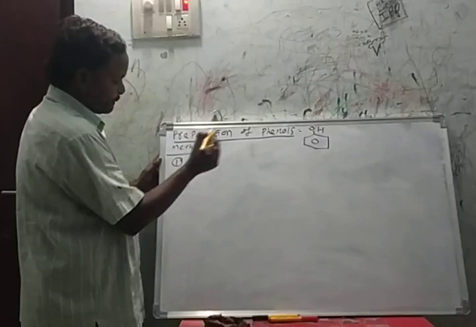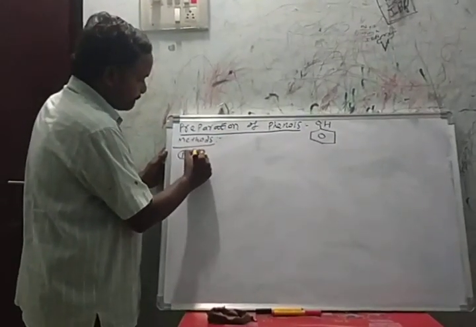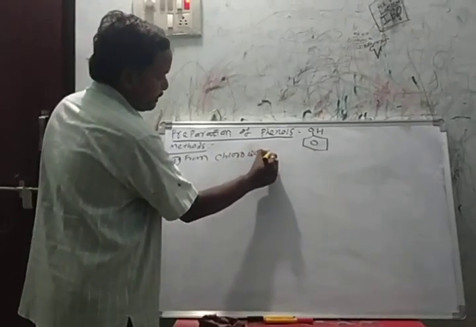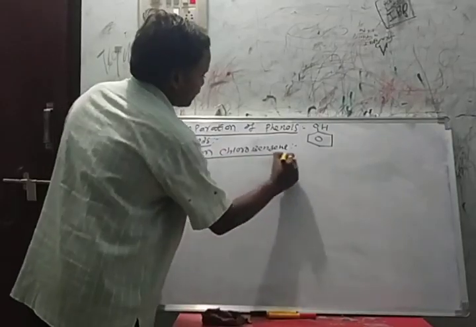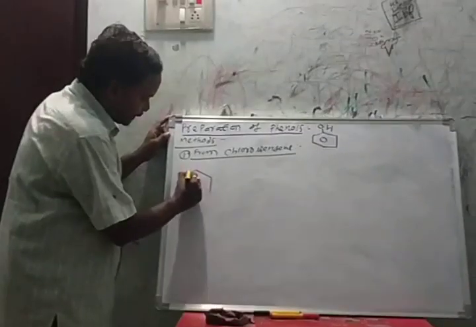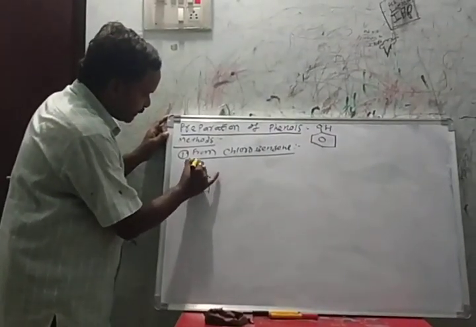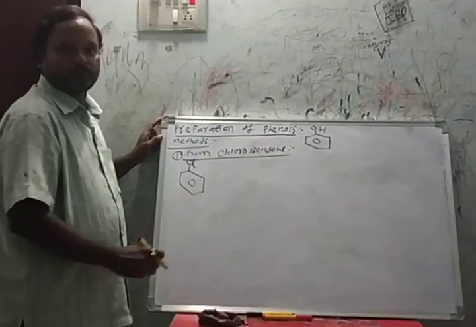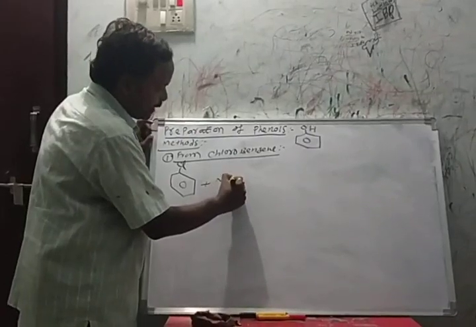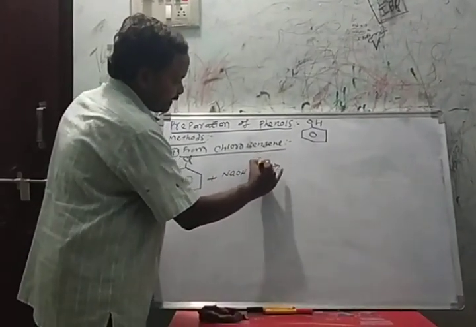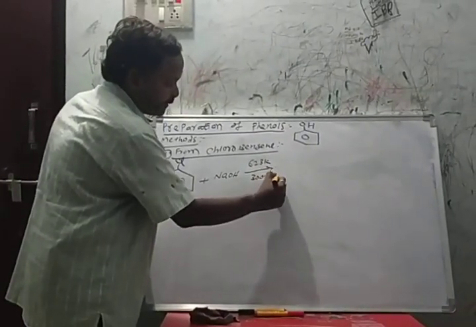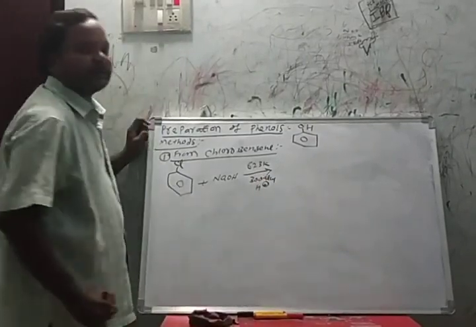First method is from chlorobenzene. Preparation of phenol from chlorobenzene. Already we know about chlorobenzene: benzene with chlorine we call chlorobenzene. When chlorobenzene reacts with sodium hydroxide at 623 Kelvin temperature, 300 atmosphere pressure, in presence of acidic catalyst,